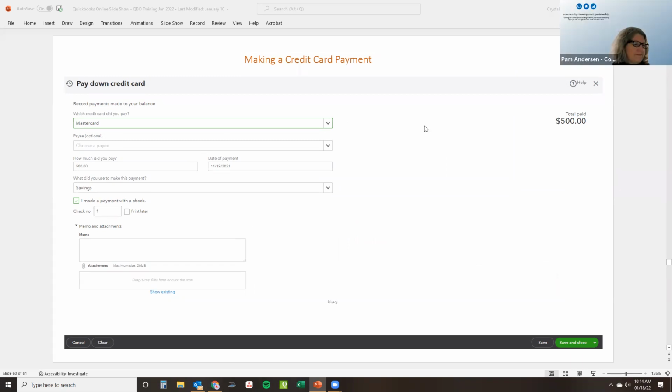All righty. So the next thing is making a credit card payment. This is a different way. If you have your credit card going to a credit card register in QuickBooks, it's already going to record this in that register for you because it's automatically downloading from your credit card account. But this is also just a way to